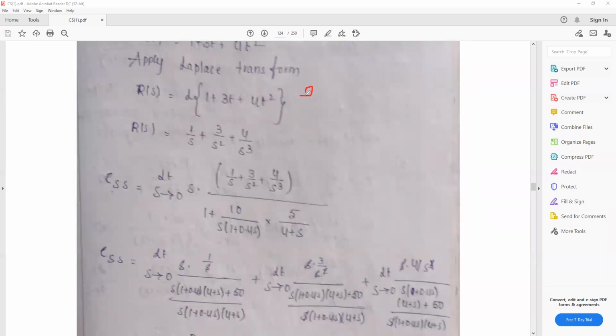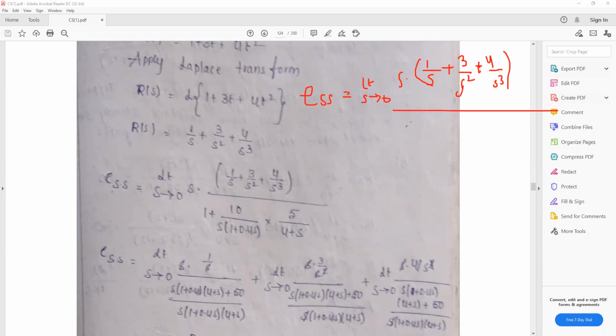So ESS is equal to limit s tends to 0, s into R(s), which is 1 by s plus 3 by s squared plus 4 by s power 3,